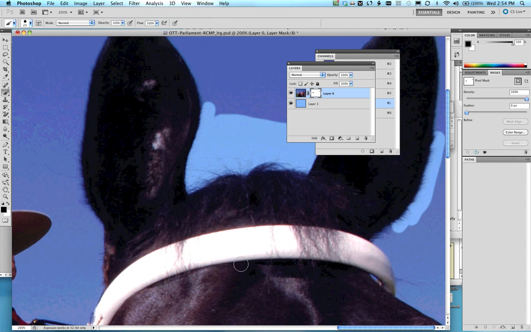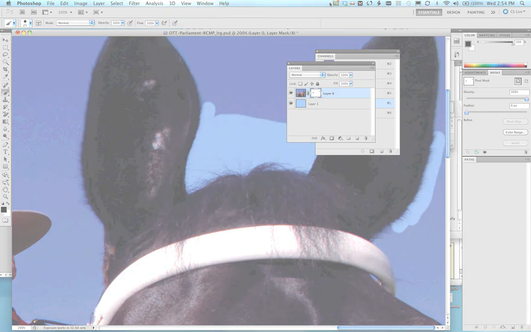Just remember that anything that was white will also be affected by the selection. So you just have to keep that in mind. But anyway, that's it. That is using channels to mask a really complicated